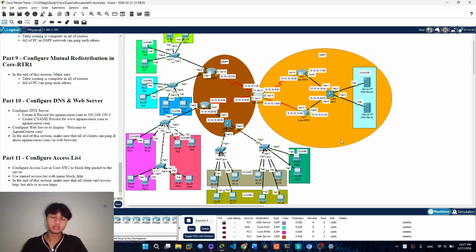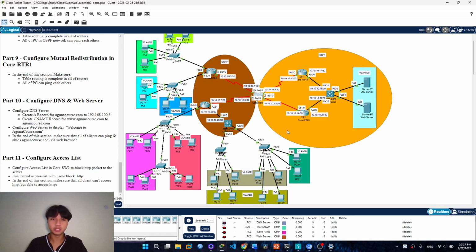So the goal for this topology is that all clients can connect to each other and to the server, but cannot access the web server.